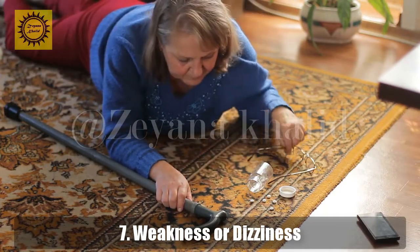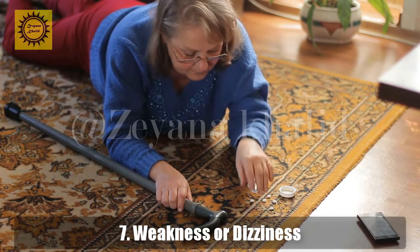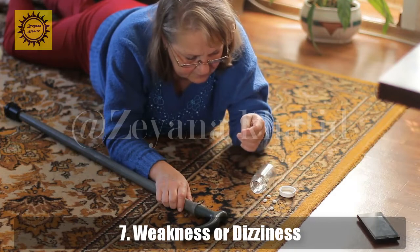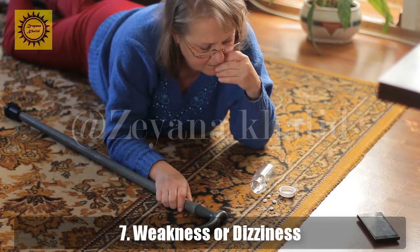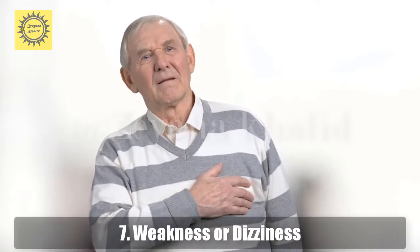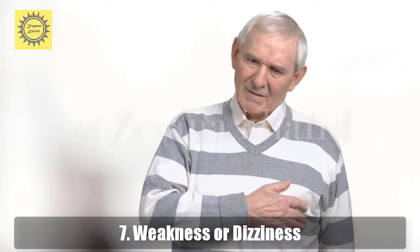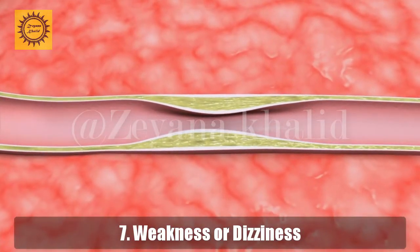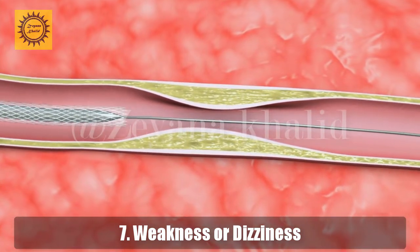Dizziness as well as trouble walking, loss of balance or coordination, and unexplained falls can be due to plaque buildup in the carotid arteries. These arteries supply blood to the large, front part of the brain, where thinking, speech, personality, and sensory and motor functions reside. The accumulation of fatty deposits in these arteries can cause narrowing of the arteries, thus reducing or completely blocking blood